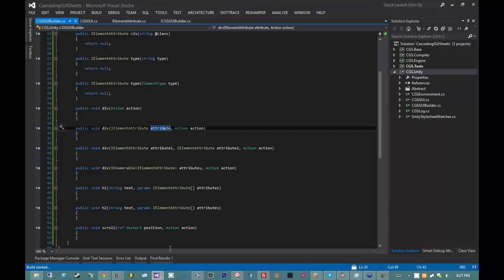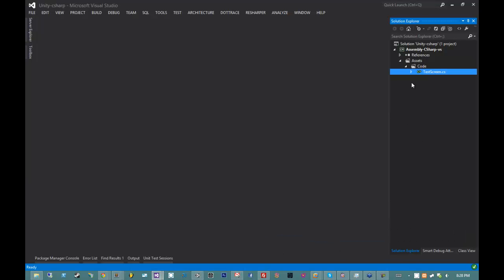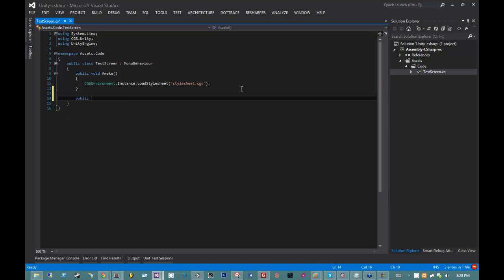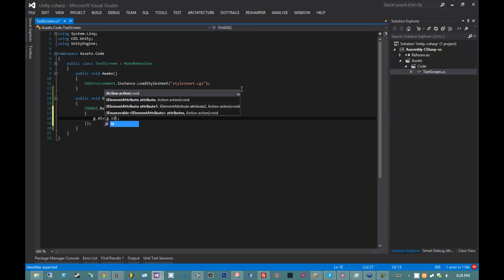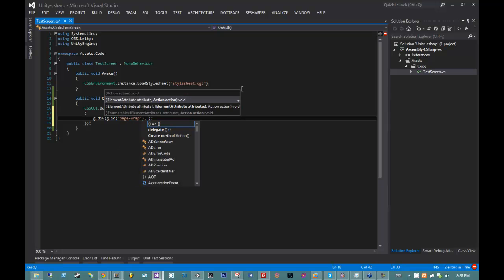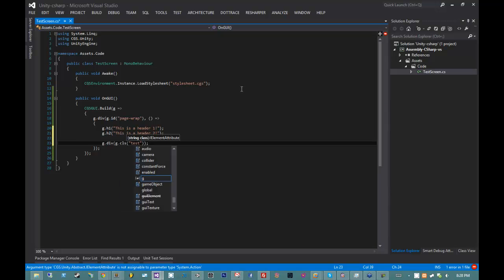What do I mean by that? Well, if I go ahead and build this out, the way that CGS looks when we actually define our interfaces is something similar to HTML. I'm going to go ahead and say public void on GUI, and I'm going to say CGS GUI dot build G, and then G dot div, G dot ID, how about page wrap, and then say G dot H1, this is a header 1, G dot H2, this is a header 2, then G dot div, G dot class of test,